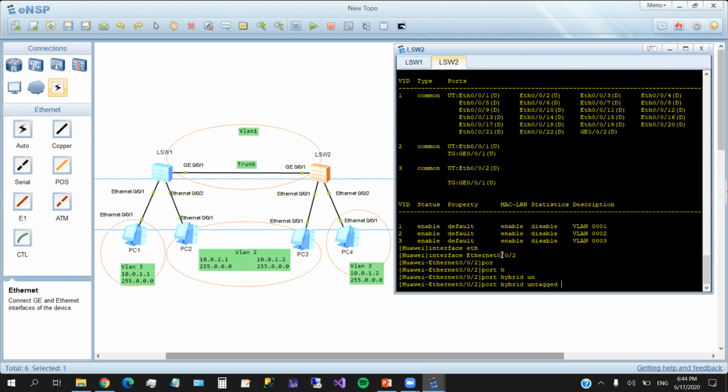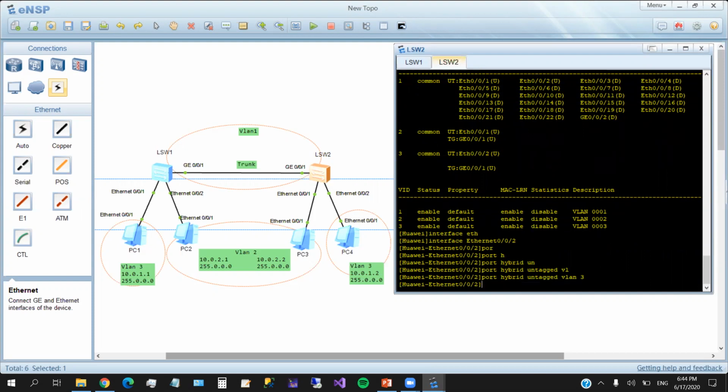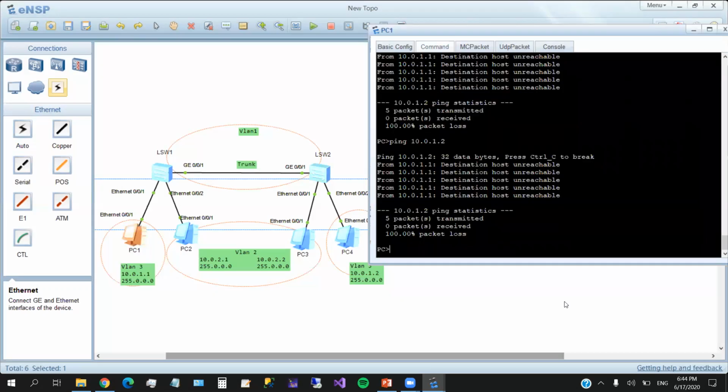It's supposed to untag VLAN 3. Okay, so any packet coming from virtual LAN 3 is supposed to be untagged. Okay, if we check now,